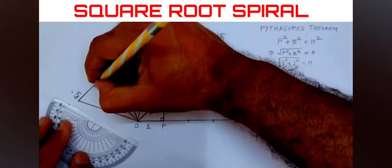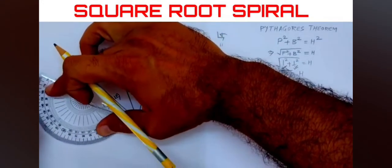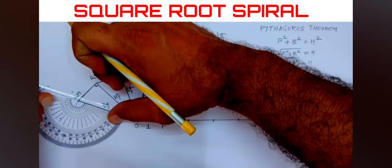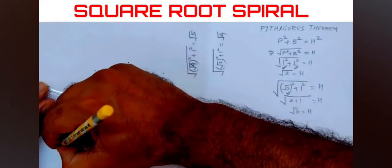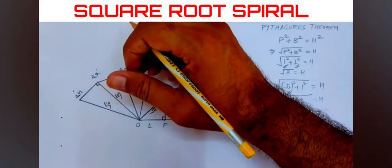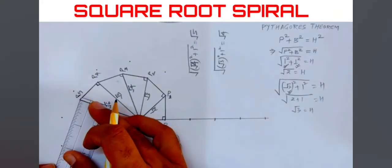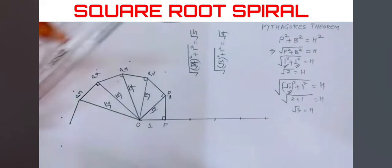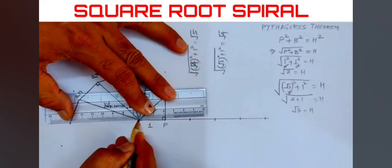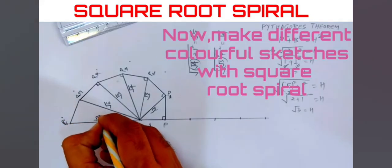Similarly for root 7, I'll take this root 6 as base and simply make a perpendicular here. And I'll extend this to 1 unit. I have taken 1 unit as 1 inch, so I'll extend it to 1 inch only, from here to here, 1 inch. Alright, now this OP6 will represent root 7 and similar